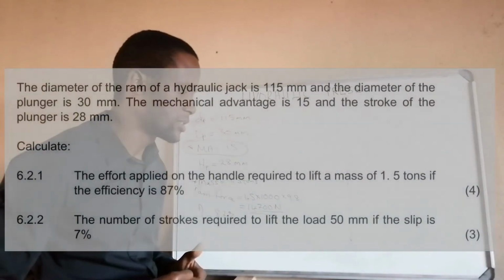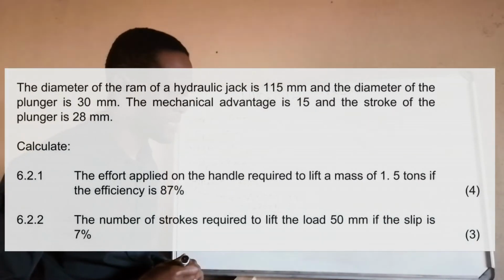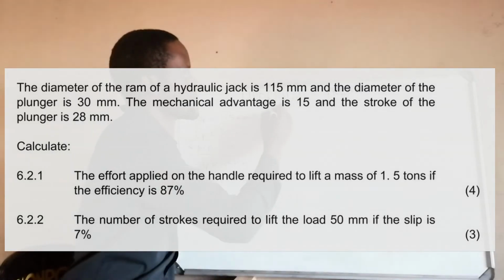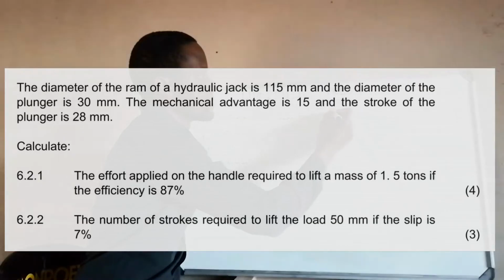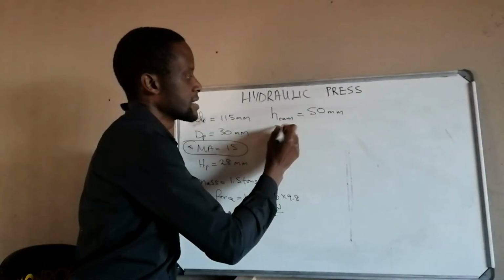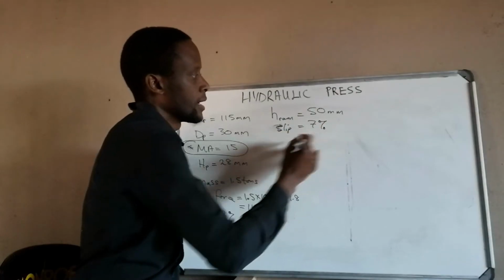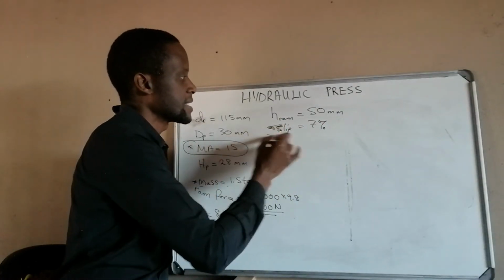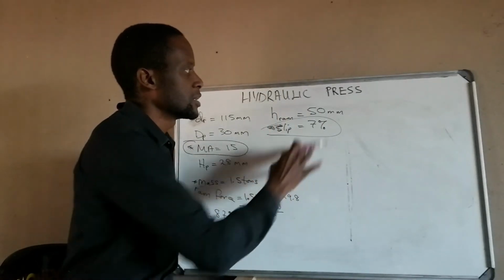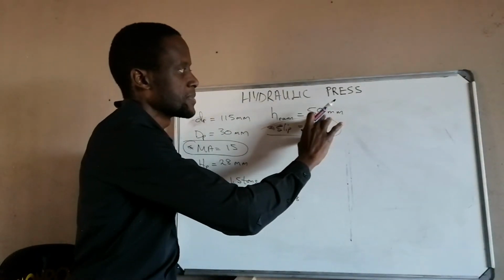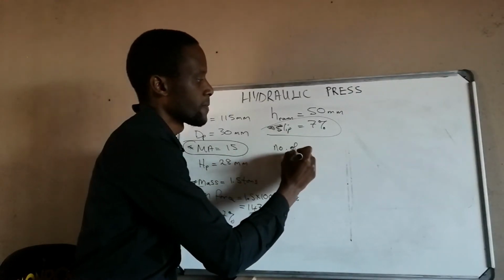The last part of the question reads as follows: calculate the number of strokes required to lift the load 50 millimeters if the slip is 7%. So the height on the ram is 50 millimeters and there is a slip of 7%. Again, we will deal with the 7% at the end of our calculations. We deal with this machine as a perfect machine. So our height on the ram is 50 millimeters. That's what we are calculating for. Number of strokes